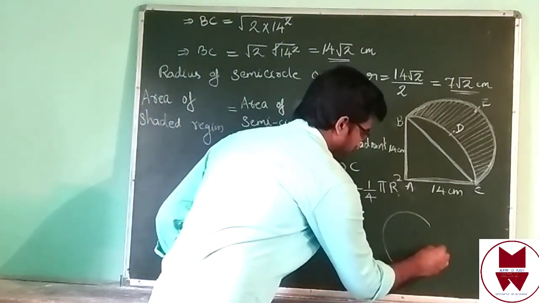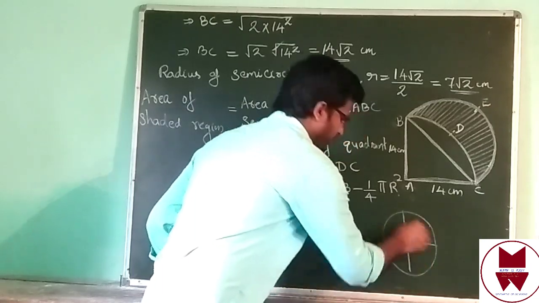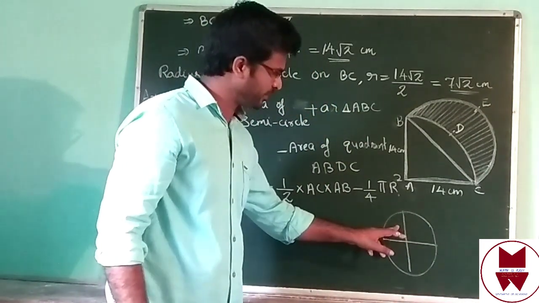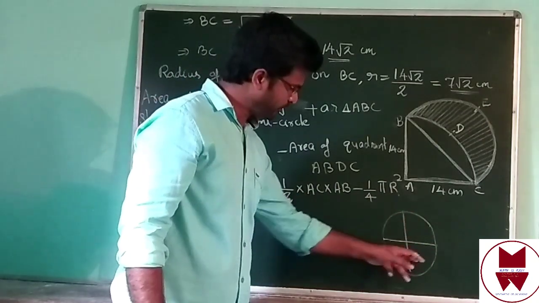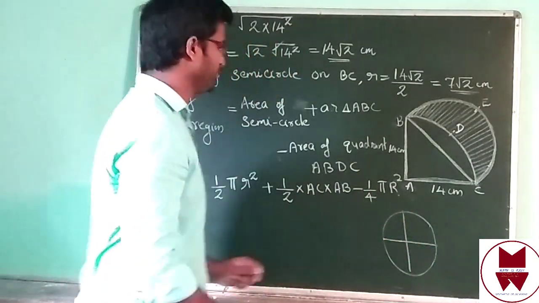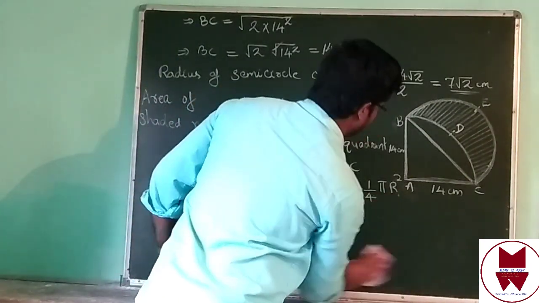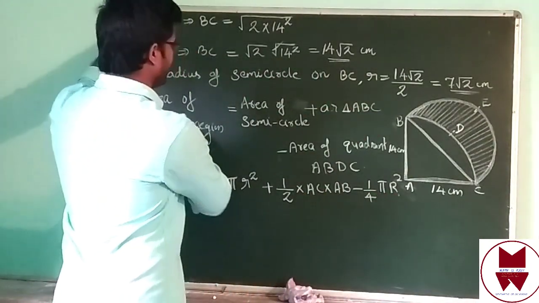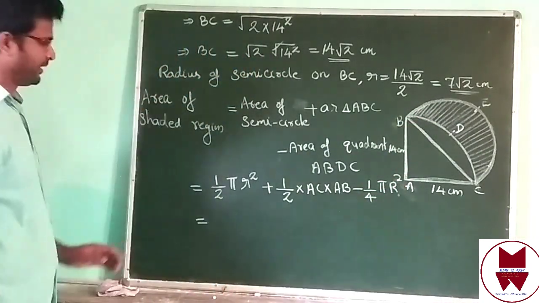You have to understand what a quadrant is. Quadrant means one circle divided into 4 equal parts. This first one part is known as quadrant. That means out of 4 parts we take only 1 by 4 pi r square. Why I use capital letter R: here the radius of the quadrant we have written as capital letter R. And we can give all the values.